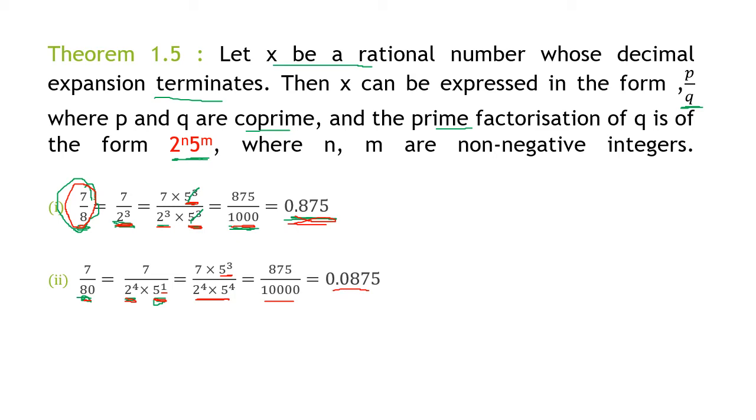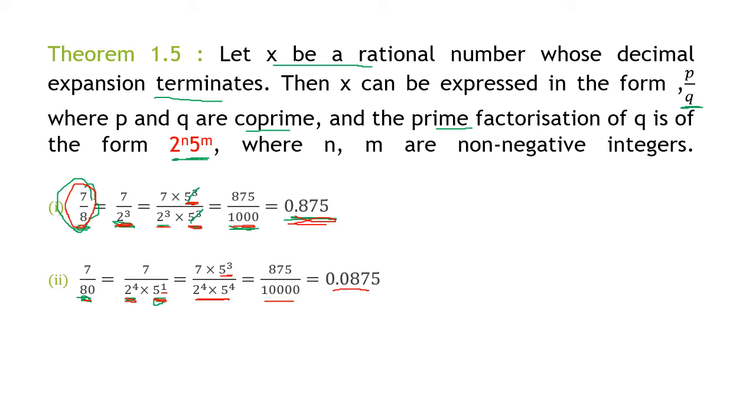So what we did here was, given any rational number in the form p by q, we expressed p in the prime factorization, and if the p could be expressed only in the powers of 2 and 5, we come to know it is a terminating decimal. And this is the method to very easily find the decimal form.